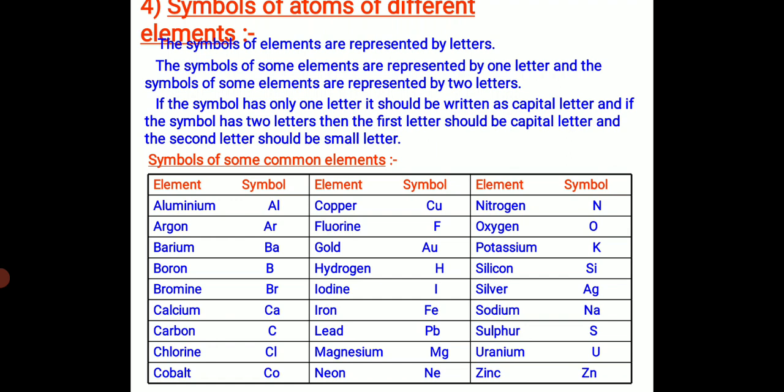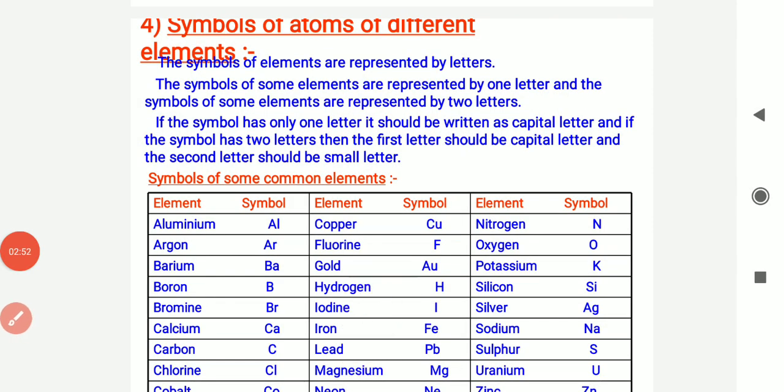Okay, now let us look at the symbols of some common elements. Today we are going to study the symbols of some common elements. So the first element is aluminum. Here you can see that its symbol is Al. Here A is a capital letter and l is a small letter. Is it clear to you? As what we have read above is the same here. Is it clear to you all what we have discussed above?